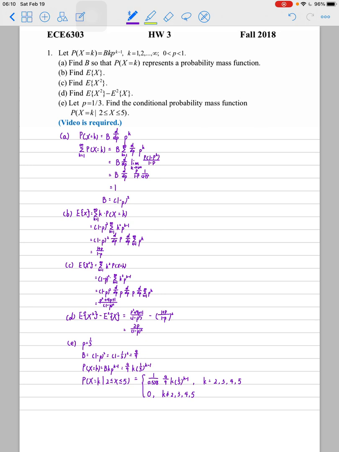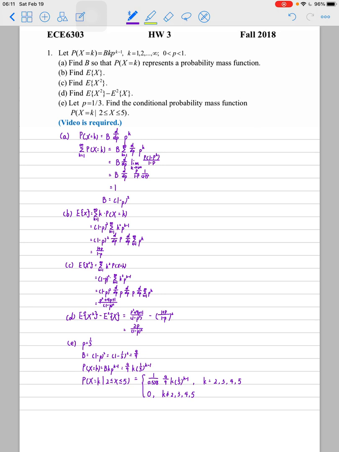For the first step, we need to use the cumulative sum of p(x = k), and then we can organize this to b times the derivative of the limit of p times (1 minus p to the power k) over 1 minus p, and the result is b times the derivative of p over 1 minus p, which gives 1 over (1 minus p) to the power 2,